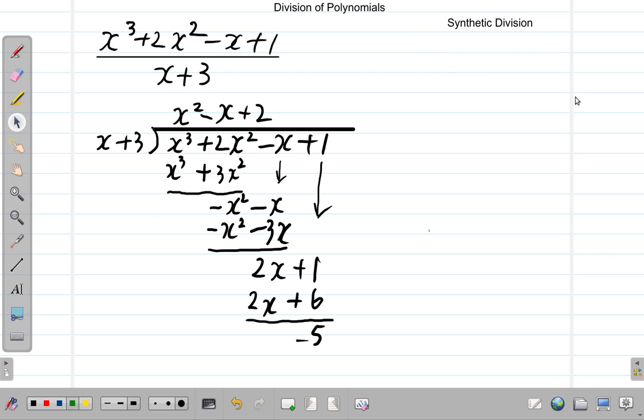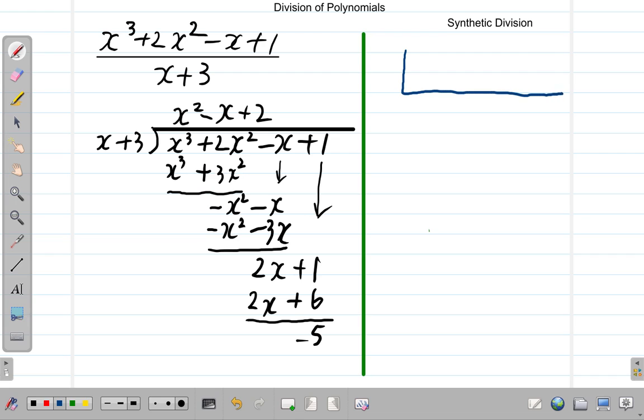Now, let us see if we can develop some argument around this synthetic division from what we did in the long division, all right? What we have here are the coefficients of x, the powers of x, I mean, and we have the coefficients. Now, suppose we have just the coefficients alone. So we have